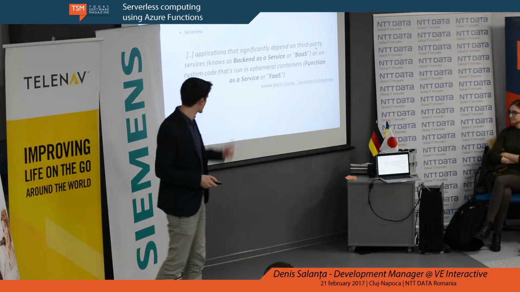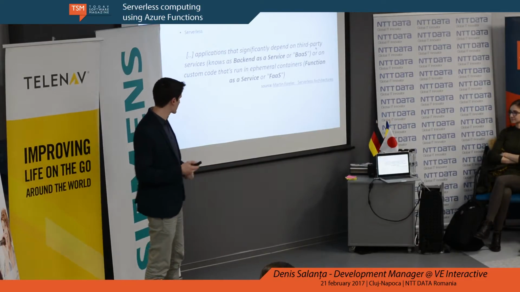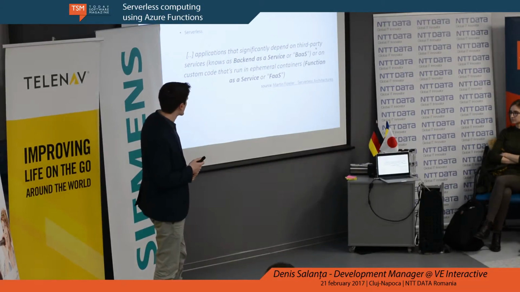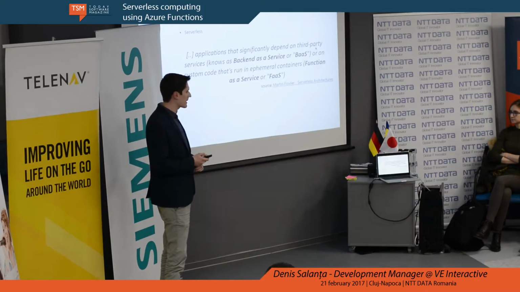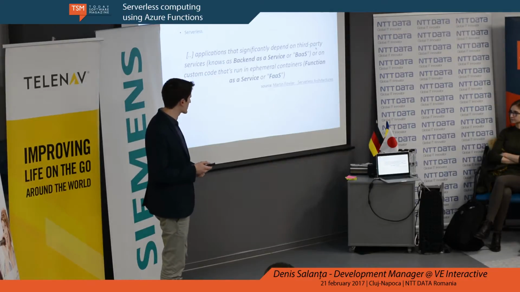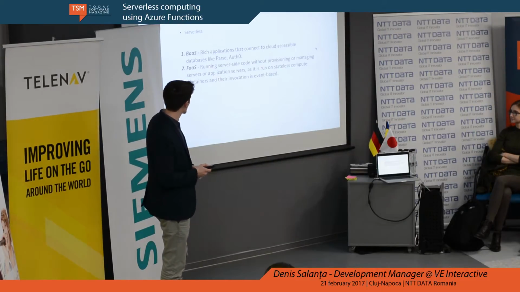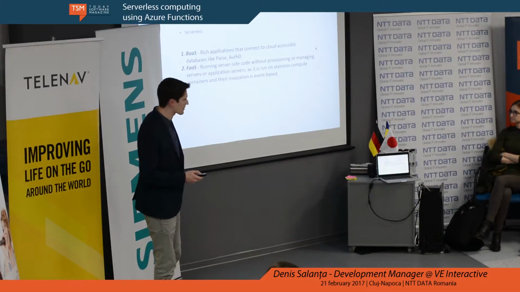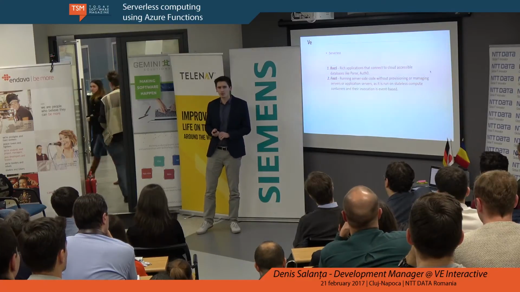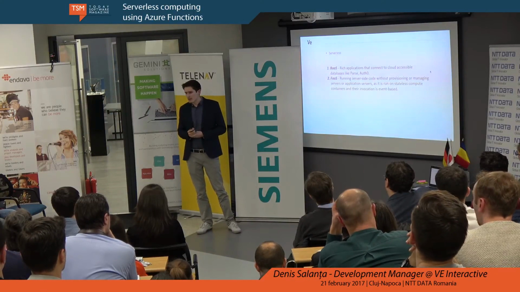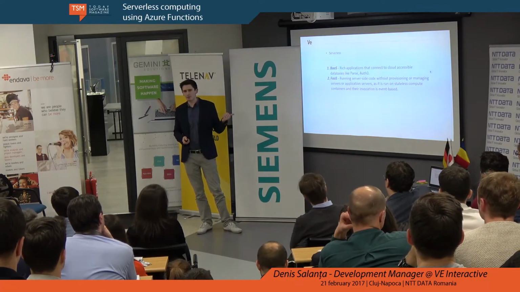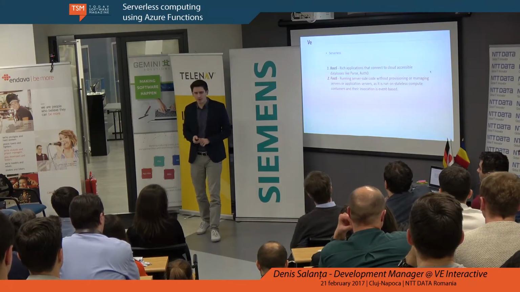So going to the official term that Martin Fowler put up: applications that significantly depend on a third-party service, called backend as a service, or on code that runs in an ephemeral container, function as a service. I will be speaking more about those two terms. A BaaS, or backend as a service, could be a rich application that you leverage inside your business application. So you could have an authentication service using Auth0,